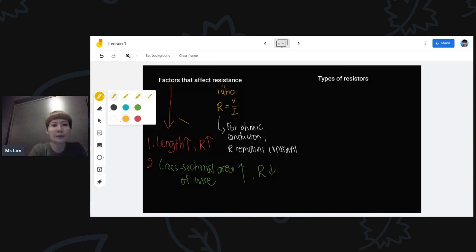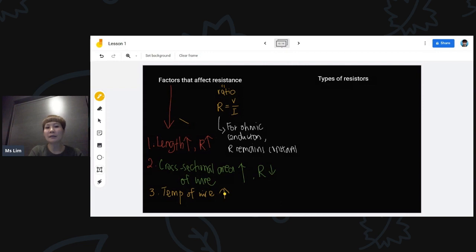current a lot. The third factor is the temperature of the wire. The higher the temperature of the wire, the hotter the wire, the higher the resistance. Why? Molecules in the wire vibrate faster, and this will slow down the electron flow because of the greater movement of the atoms. The fourth factor is the material of the wire, which is known as the resistivity of